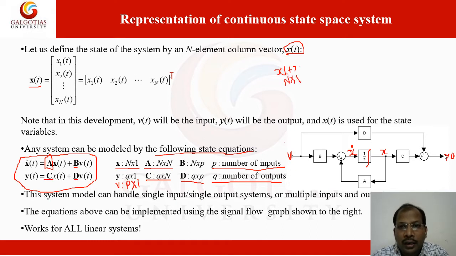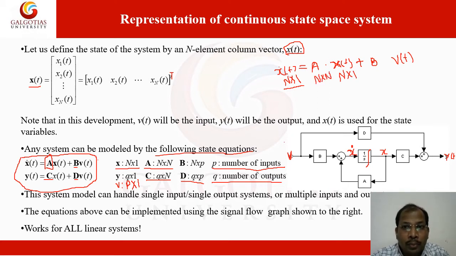So this one is order n, and we are getting A into XT. This is the XT plus B VT. This is the VT. So you can see the left side is the order N by 1, so the right side should be an N by 1 matrix. All the multiplication and addition should be N by N. So this is also N by 1 and this is N by N.